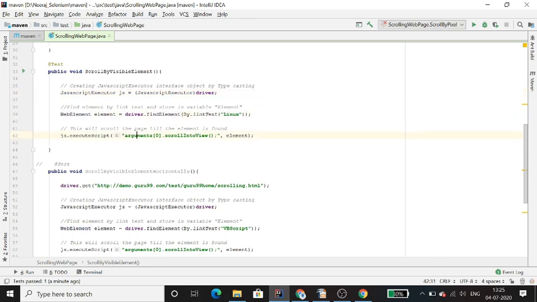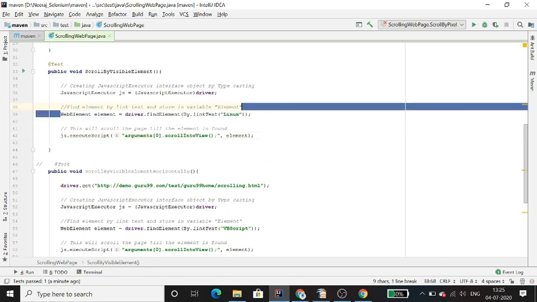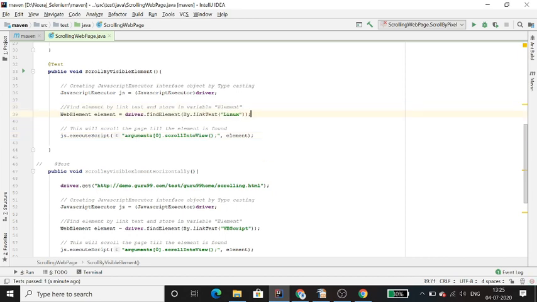First of all you need to find the element: WebElement equals driver.findElement, with the locator you have created, like I have used the link text and the link text value. Then you use the JS reference executeScript with the argument scrollIntoView, the method I have shown you in the PPT. With this one parameter and another with the element, it will scroll to the element.